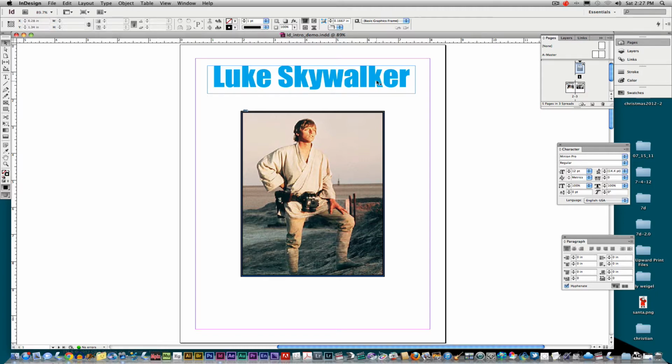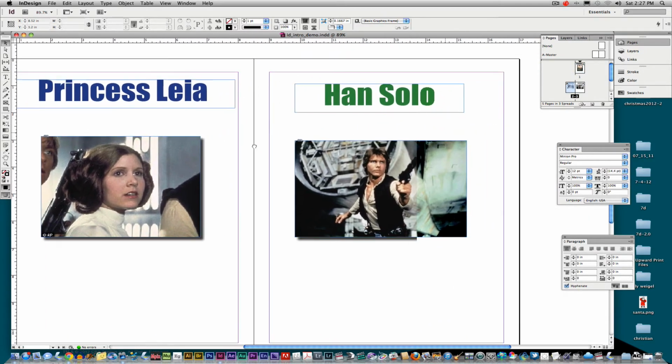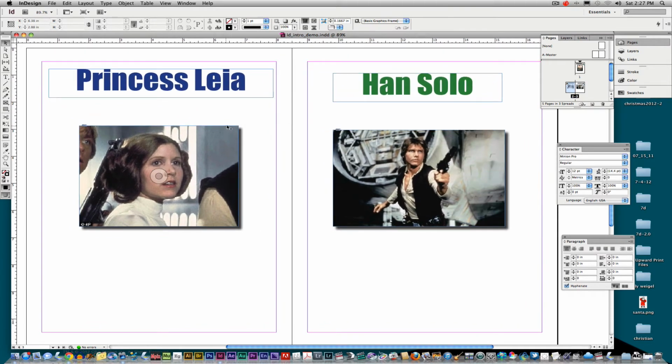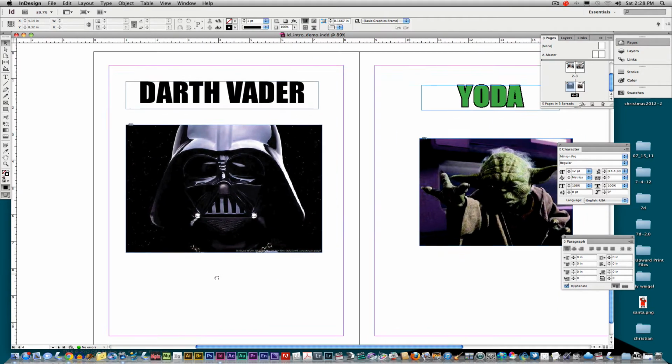This is page 1. I just have some text and a picture of Luke Skywalker. Here we have page 2. It's just Princess Leia. Over here we have page 3. And you'll notice that when you're working in InDesign, the layout looks a little bit different. Page 2 is on the left-hand side, and page 3 is over here on the right-hand side. It's kind of like a book. It lays out like a book or a newspaper or a magazine. You can change that, but that's the way we're going to work on it for right now. So I've got Princess Leia, Han Solo, and then on my other pages here, I've just got Darth Vader and